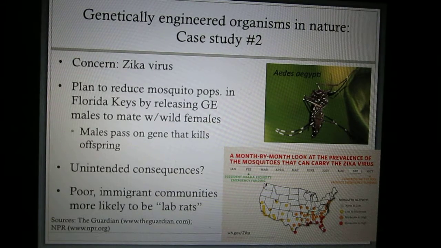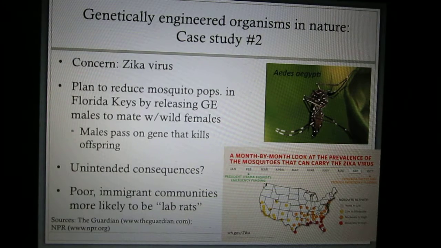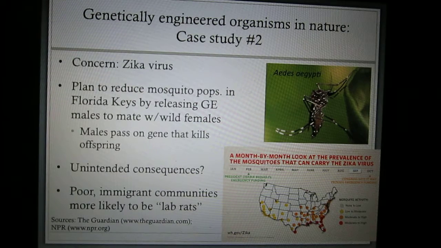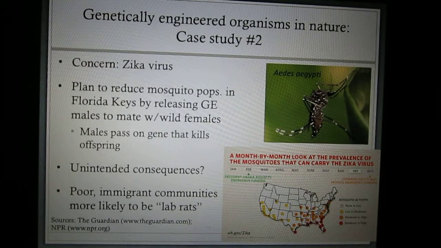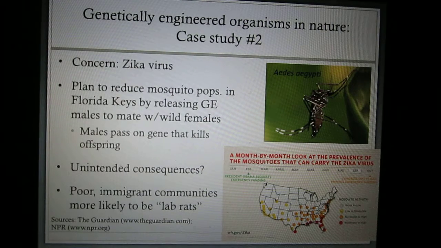So instead of having the females breed with the wild males and create more offspring, this will result in offspring that can't be productive and can't produce new mosquitoes. And additionally, male mosquitoes can't bite. So far, there have been about 200 cases of Zika in Florida,